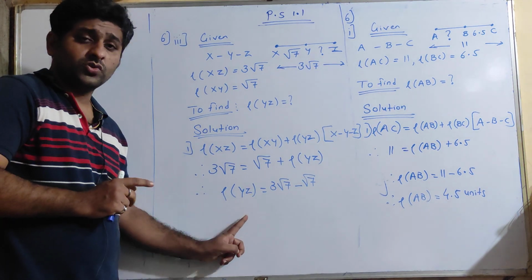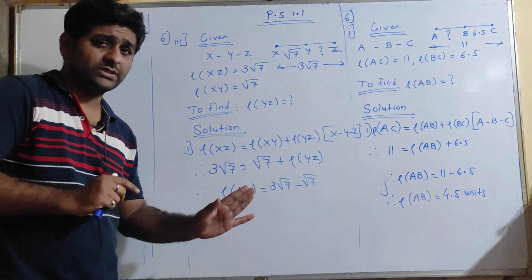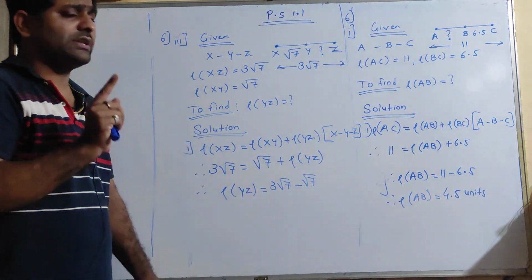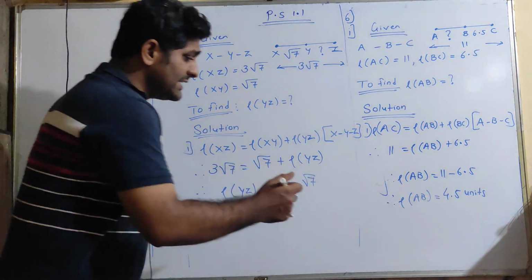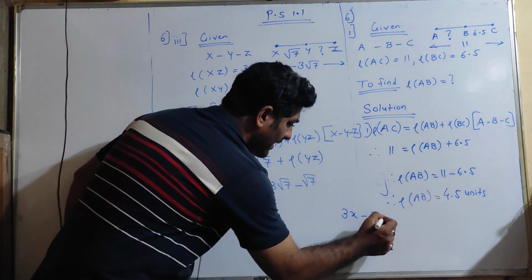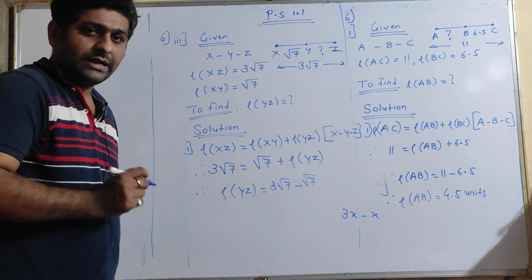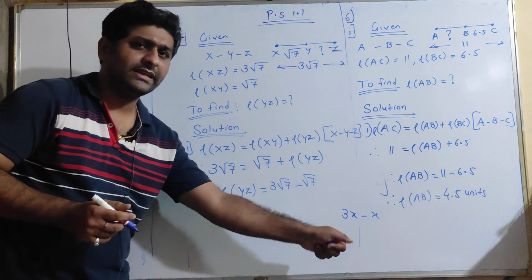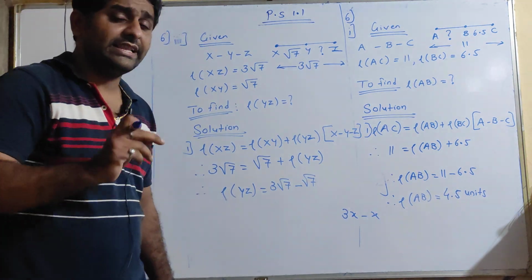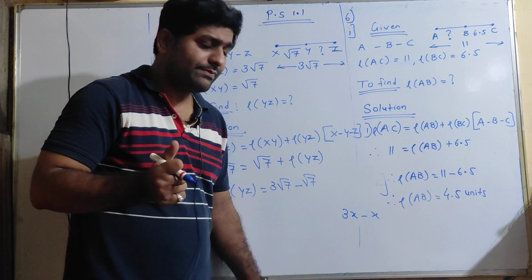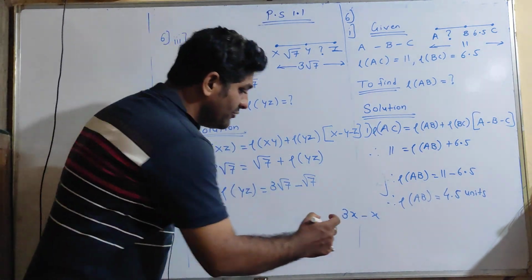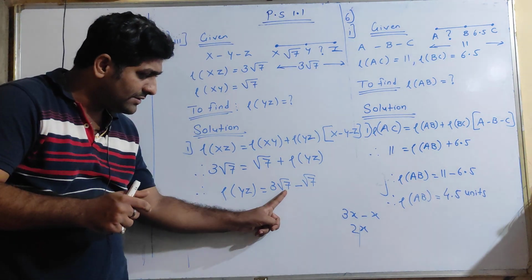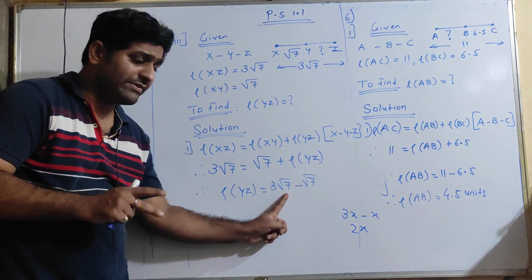Now over here, students, what do we need to understand? Suppose 3 root 7 minus root 7. Now how to calculate? I will give you one simple example for this. Suppose it is given to you 3x minus x. Right, students? So what we are going to write now? 3x minus x. We have done this. We know in our lower standard we have studied like terms can be added or subtracted. So 3x minus x will give us what? 2x. Similarly, students, now assume that in place of this root 7 there is x.